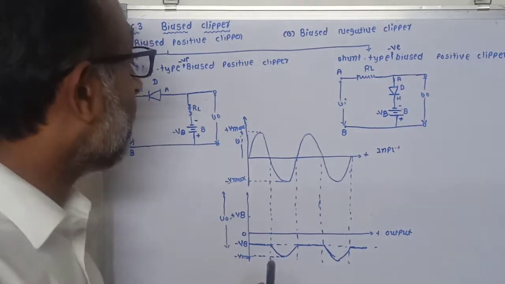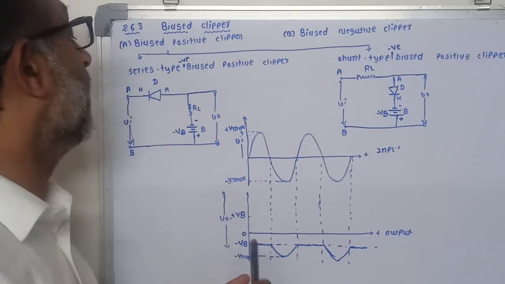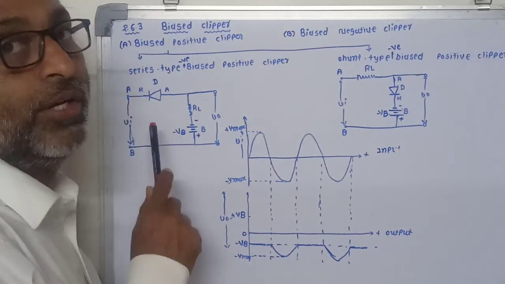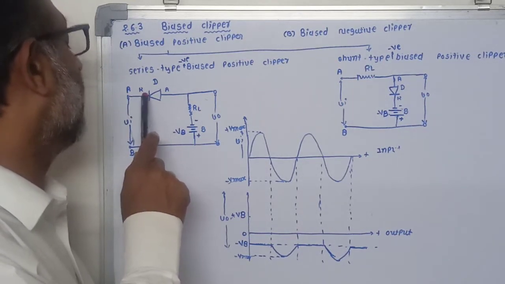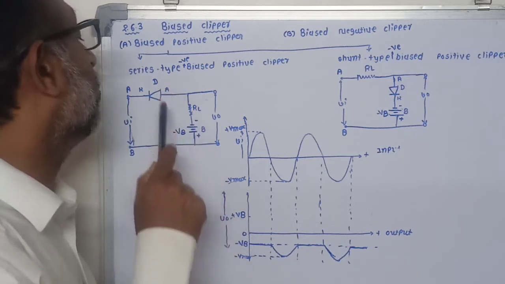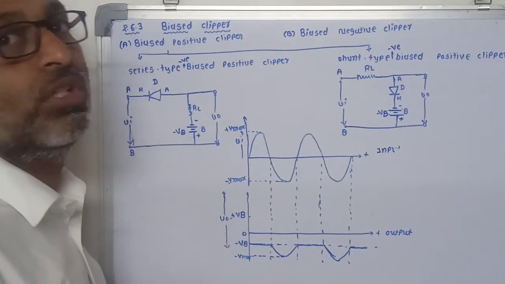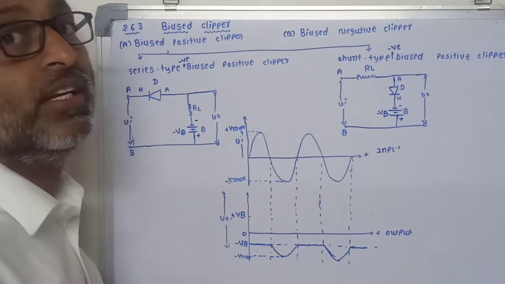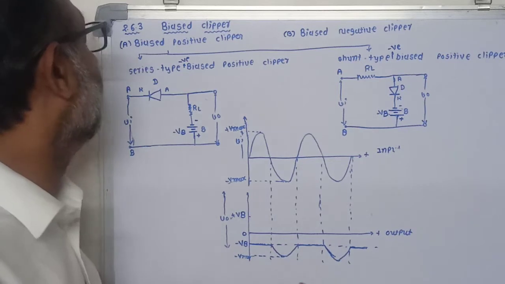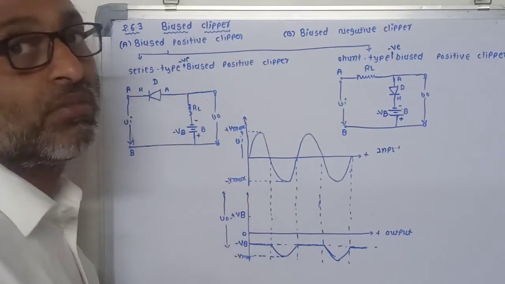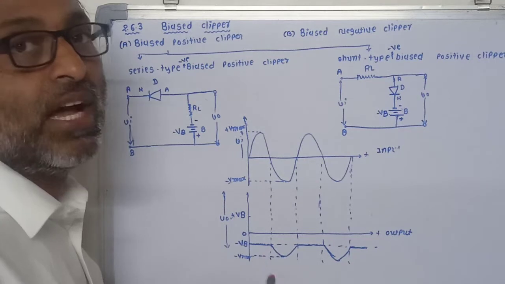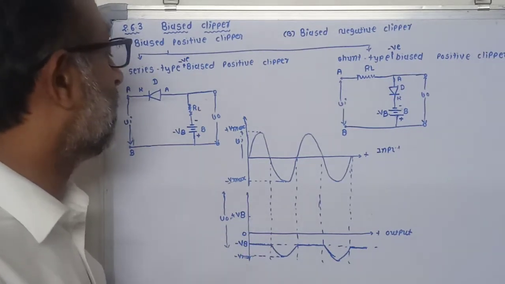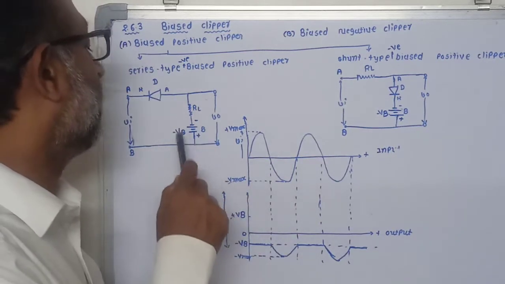The arrowhead of this diode is pointing towards the input voltage, so this circuit is called a positive clipper circuit. During the positive half cycle of the input, the terminal A is positive and terminal B is negative. This A terminal is connected to the cathode and the B terminal is connected to the anode of the diode. So due to this polarity, the diode is said to be in reverse bias condition. Therefore, the diode acts as an open circuit. Now another supply voltage used in this circuit, that is your battery.